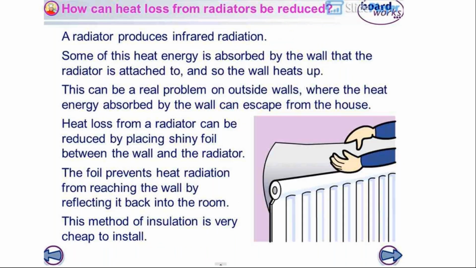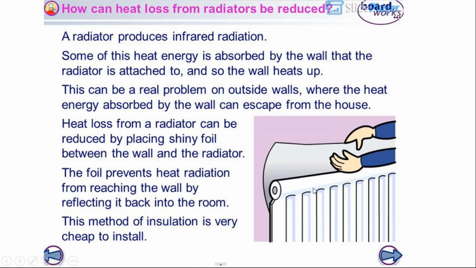And the next one is that we didn't talk about radiation, because we only tried to find ways to prevent heat loss by convection and conduction. But here is a way for radiation. It's the cheapest way. You know that a radiator gives us infrared radiation, so it's always placed in front of the wall. This part gives the infrared radiation into our house, but